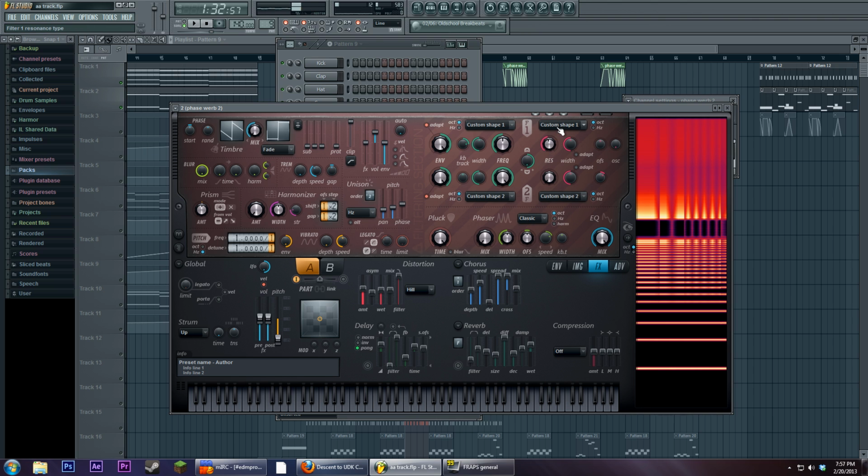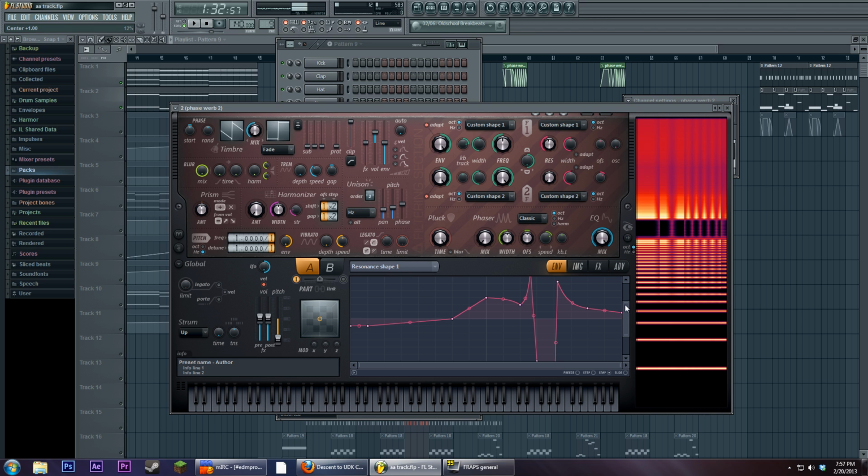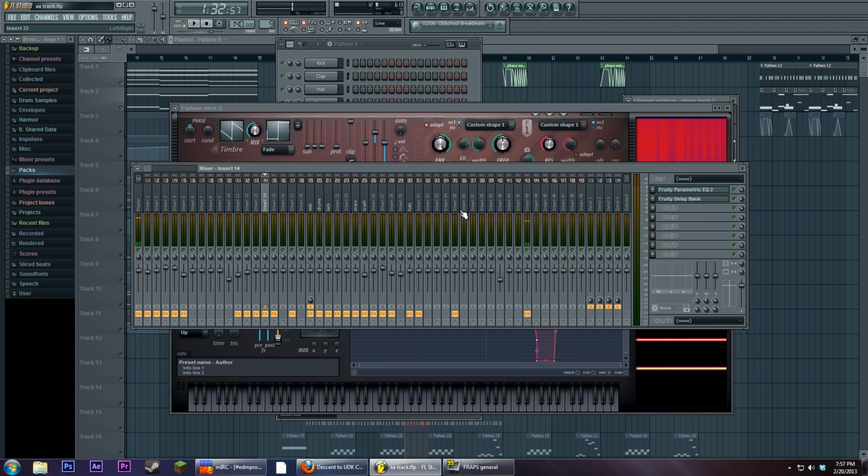This is all possible as a result of Harmor being additive subtractive. So that's, I'll never be able to say that word. Synthesizer. It's a new world. And letting you make your own resonance shape, which, I mean, you're not going to do that in any filter ever. If you wanted to do this without Harmor, what you could do is you would have your sound,